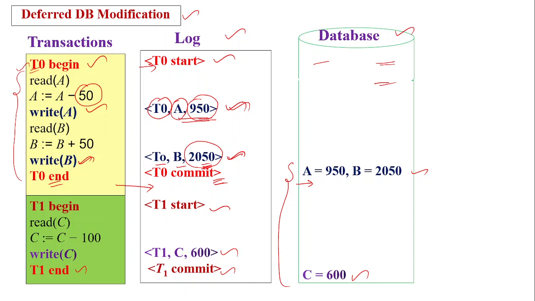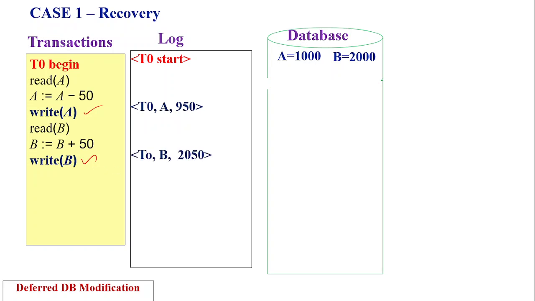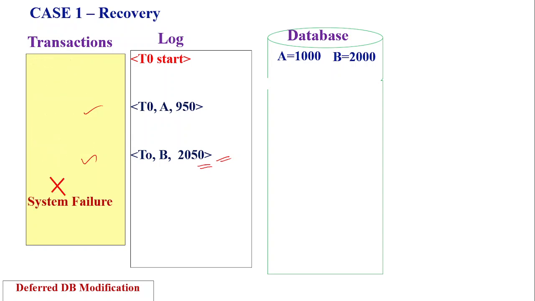Okay, let's now discuss, by taking different cases when system failure occurs and when the system resumes back from the failure, how this technique ensures the consistency of the database with suitable scenarios. In case 1, assume that the transaction failure happened after the execution of the write operation on B. When the write operation on B is performed, the log may contain <T0, B, 2050>, which is the update record. At this point in time, if system failure occurs,